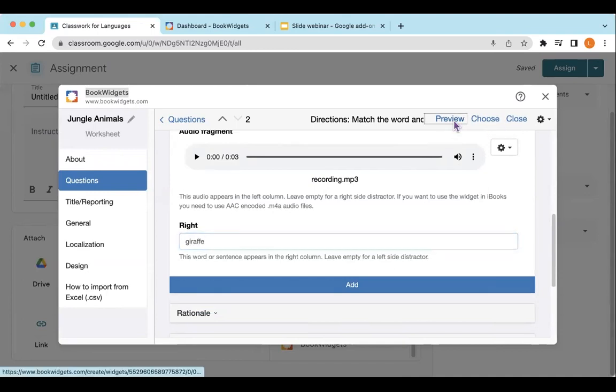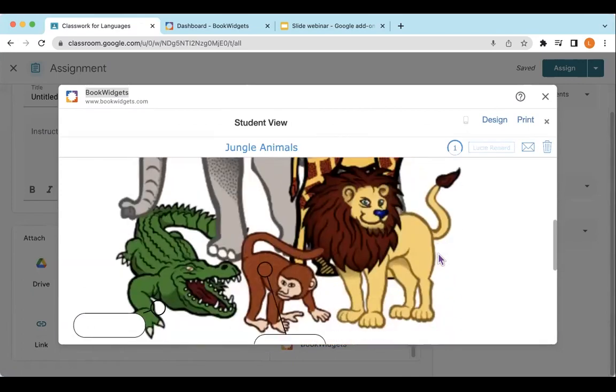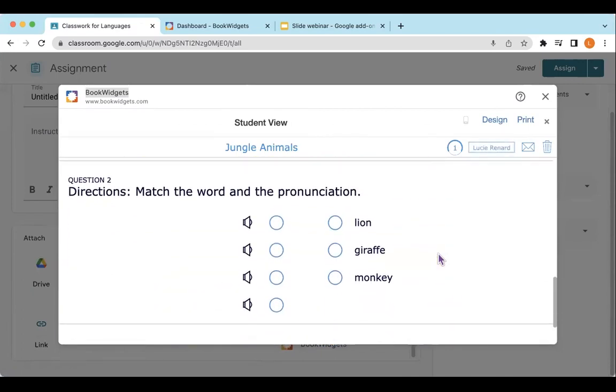Let's go ahead and take a look at what that second question looks like. So I had my first question, I'm going to scroll down, and here's what that matching looks like. So you can easily see that distractor. I have 4 choices on the left and 3 choices on the right. If I had a mixed level class and I wanted to make my activity a little bit harder, I can duplicate this quiz, this worksheet, and have extra distractors for my more advanced students and no distractors for my students